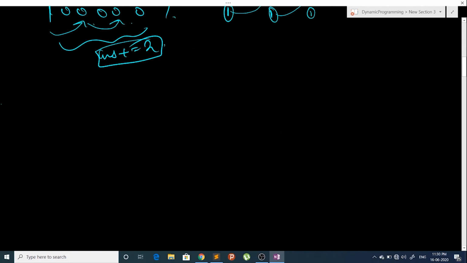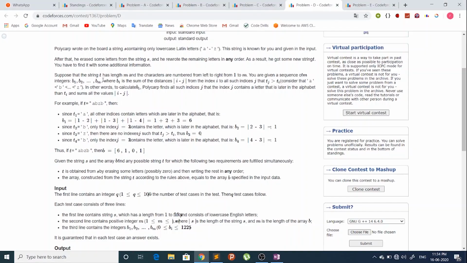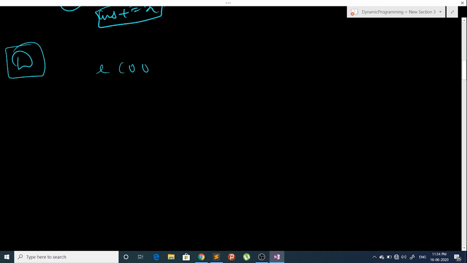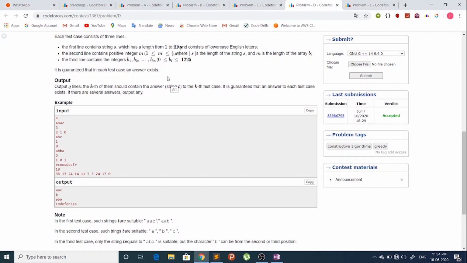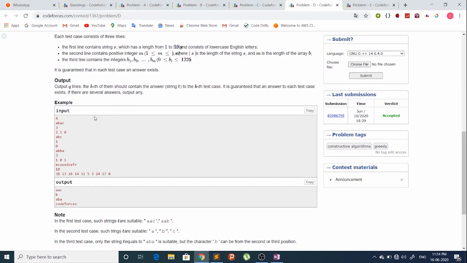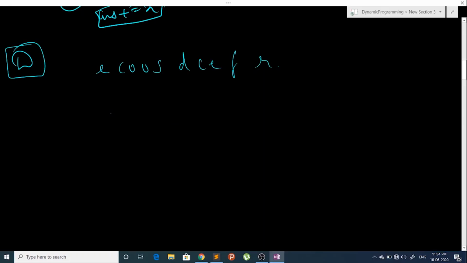Now let's discuss the solution of problem D. In problem D, we are given a string consisting of lowercase English letters. Let's see the last example here. We are given E C O O S D C E F R. Now we are also given an array B. Here the length of the array B is m, and the array B is like this